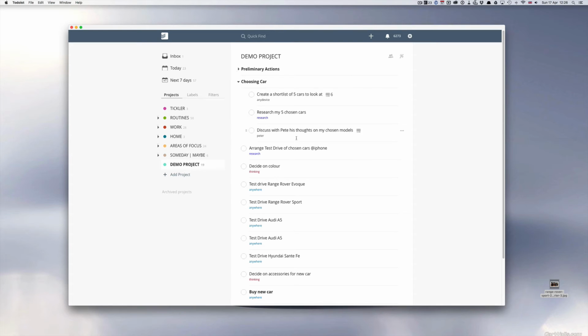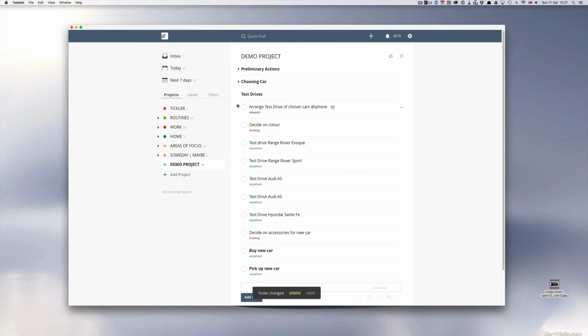So let's see, we've got those. So choosing the car, that's done. As you can see, my list is now definitely getting shorter. The test drive, I think that's a task in itself. So again, asterisk, and then we'll test drives. And let's add that one up at the top. So as you can see, what's happening now